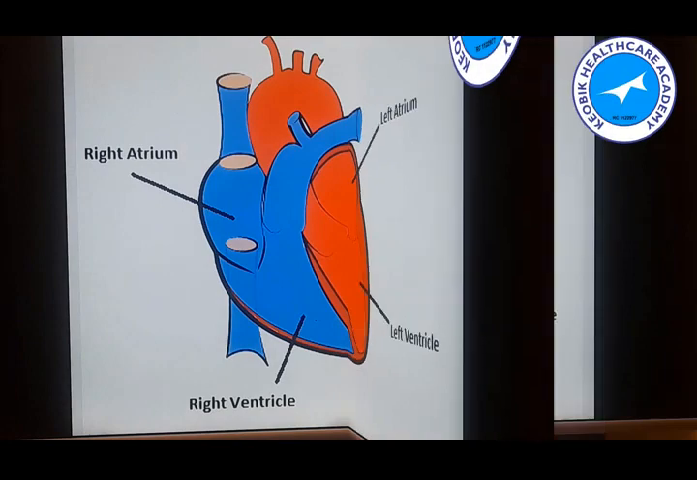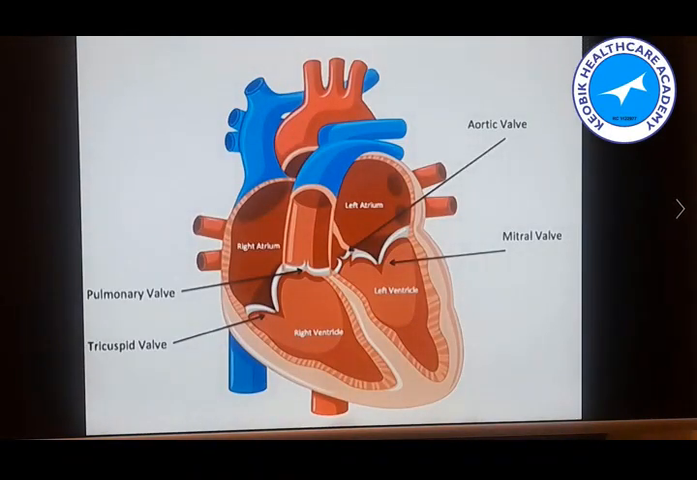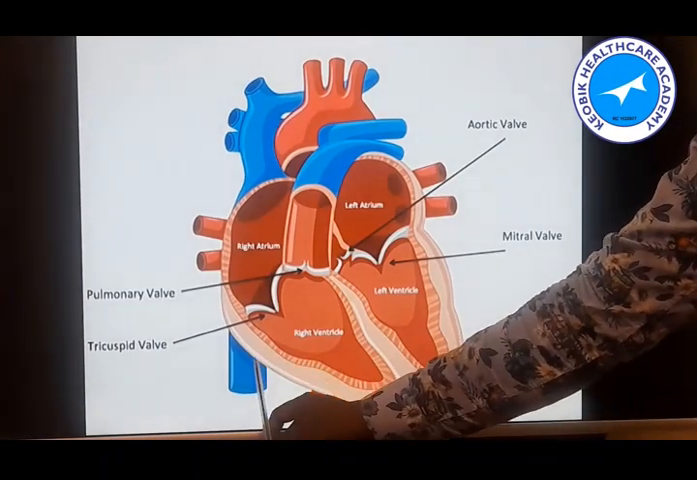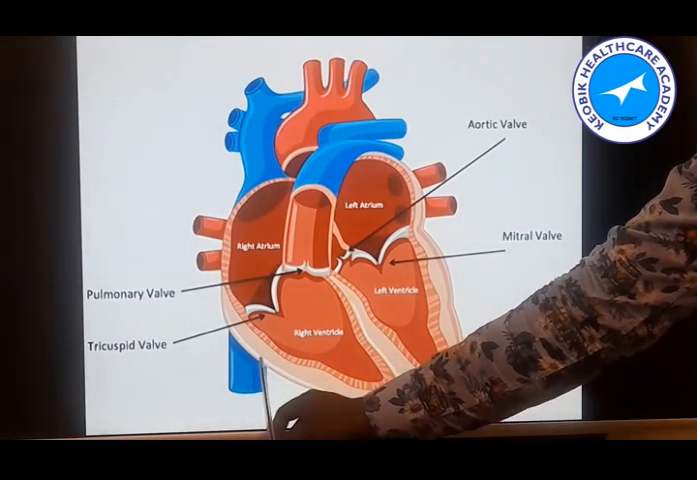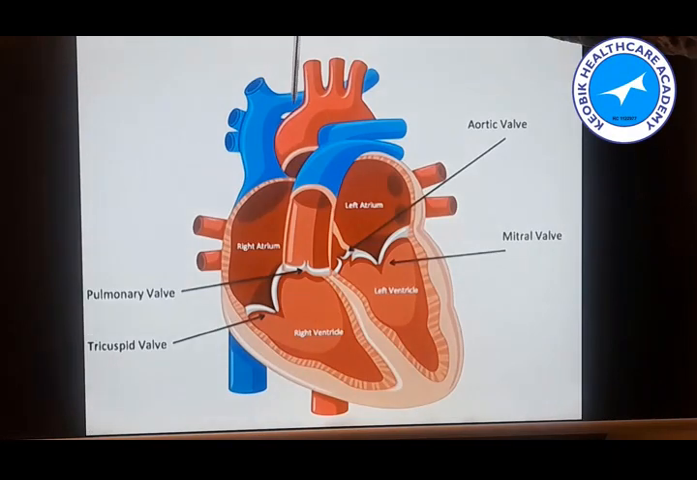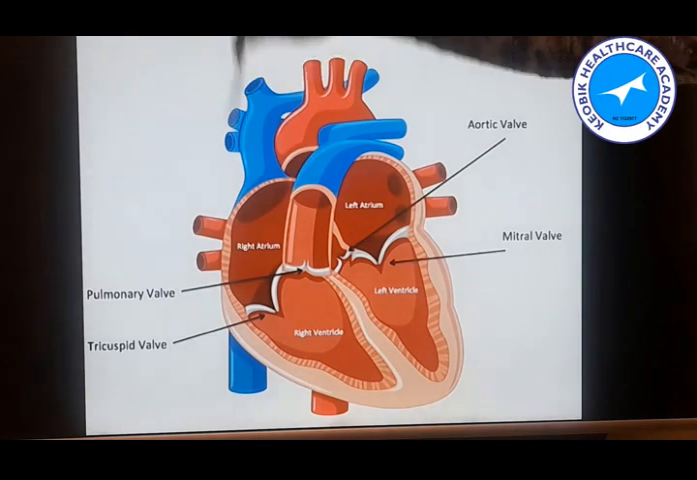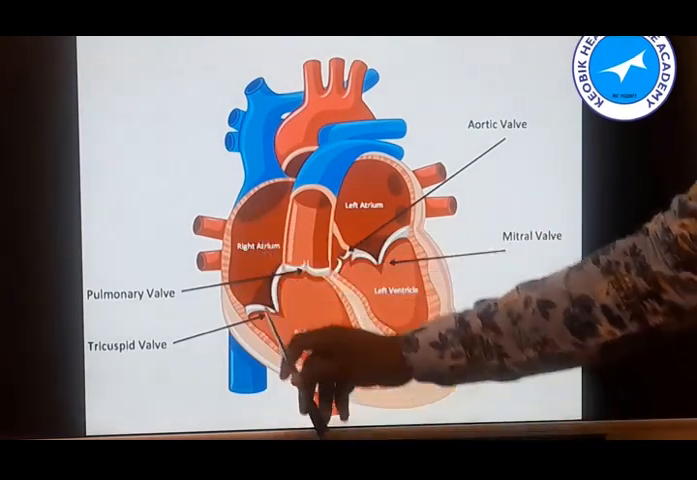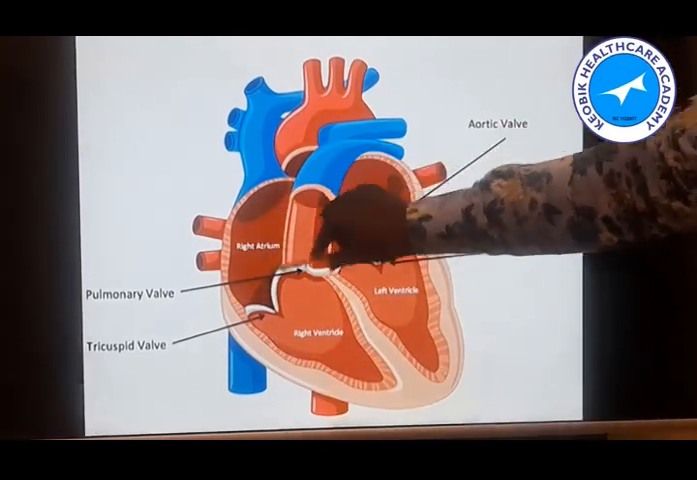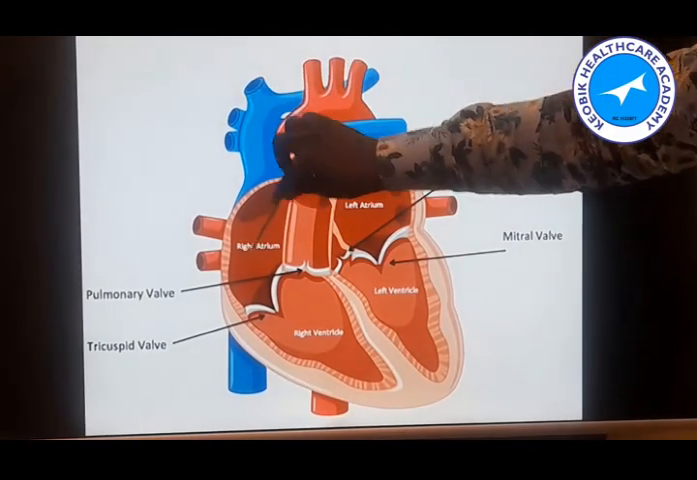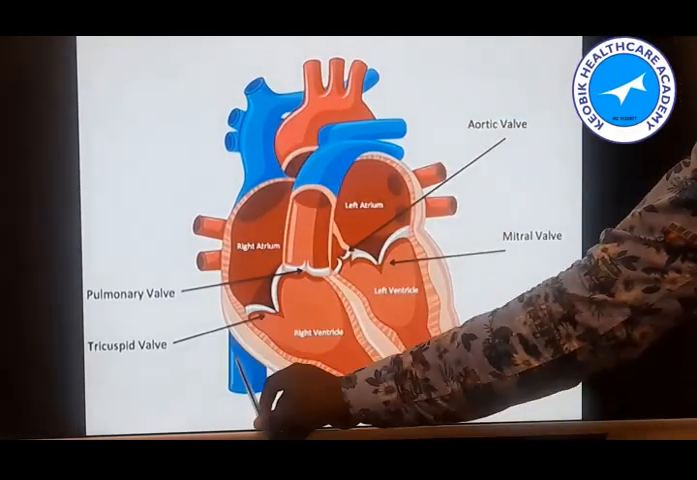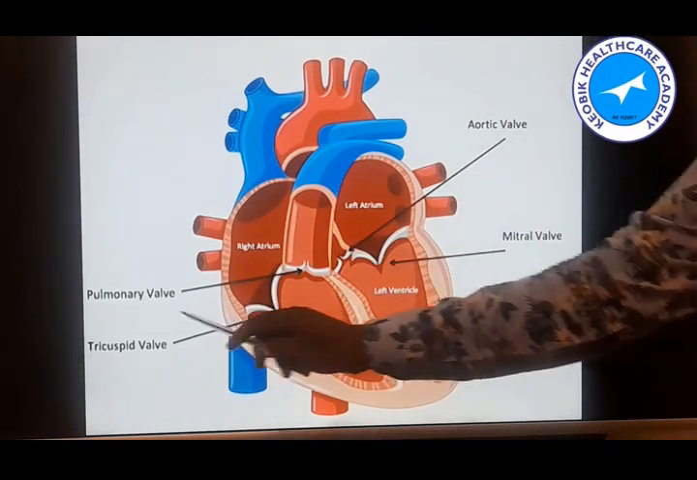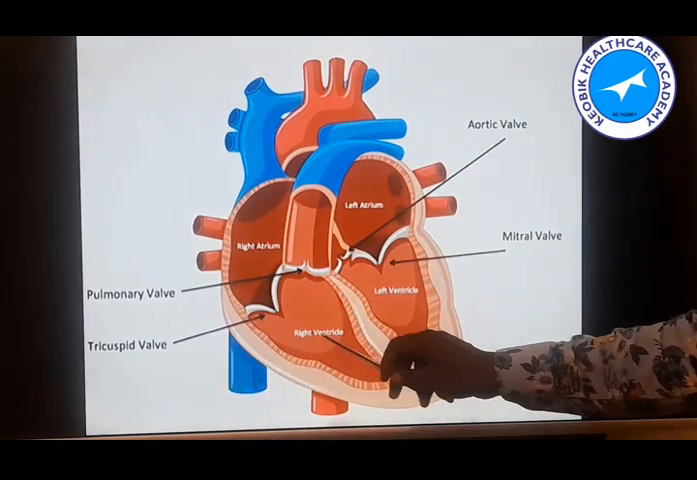Let me explain it better with this image. This is the trunk where oxygen-low, deoxygenated blood is coming from, and also from the head. The blood enters into the right atrium. This region is the right atrium. It also enters here into the right atrium, and this is the tricuspid valve through which it enters the